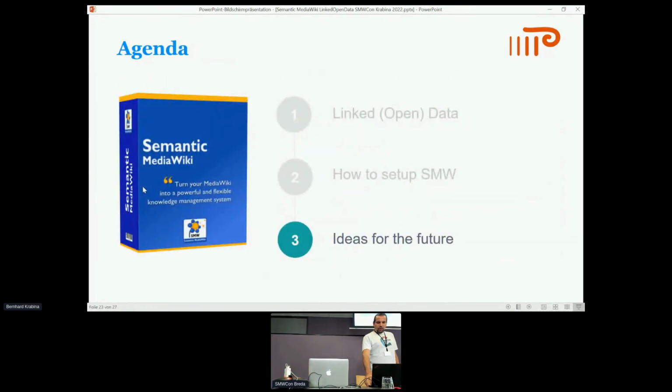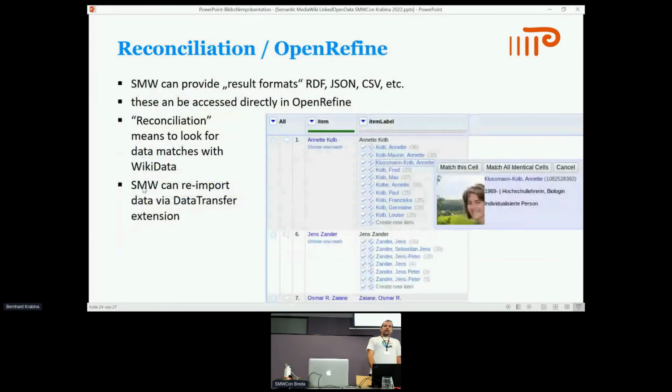Okay, so what are some ideas for the future? I haven't talked yet about this aspect. There's a reconciliation topic, and I don't know if you know OpenRefine, an open source tool that can consume data, actually also from Semantic MediaWiki. For example, you can on the fly import RDF, JSON, or CSV from your Semantic MediaWiki instance into OpenRefine. It's a tool that you would install on your machine. And reconciliation means I want to match my IDs with Wikidata items, but this might not always be so easy, because in this example,